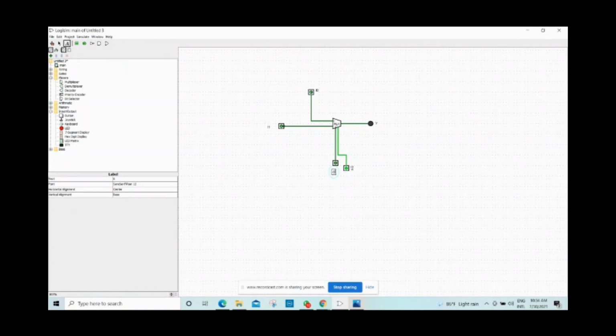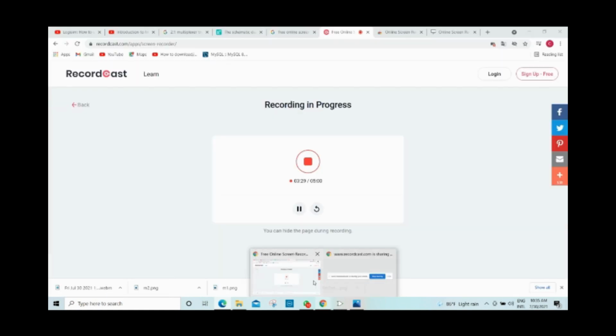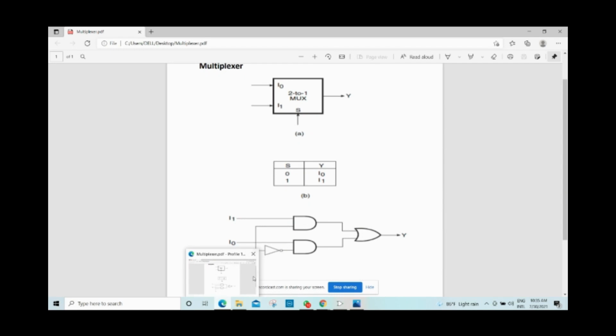When the S is set to 1 and we click on the I node, the LED lights up. We can also check the multiplexer using a logic diagram. So let's draw a logic diagram to illustrate that one. As stated above,